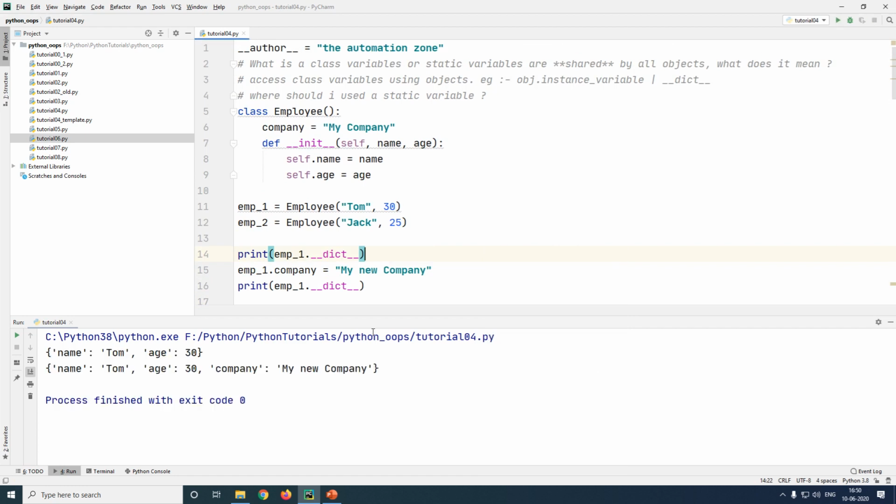So when I run this, you'll see that before creating an instance variable, my object just had two variables, which is name and age. And after I created this variable inside of my object, the object got a new variable called company. So that's what I mean: although all the objects can access the employee variable company, it does not have the variable inside of it. And when I create something like this, or when I assign it manually, I'm basically creating a variable inside of my object itself.